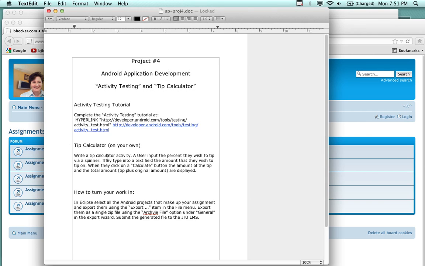Write your own tip calculator. In your tip calculator, you're going to write a tip calculator activity, and the user is going to input the percent that they wish to tip via a spinner. What a spinner is, take a look. Google it. It was one of the components I actually have shown you. I think there's a spinner example, called spinner, believe it or not, in one of the example